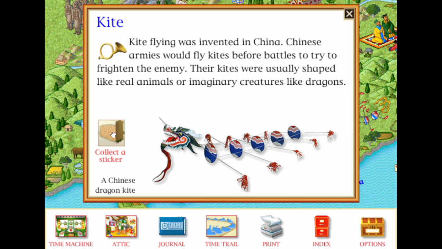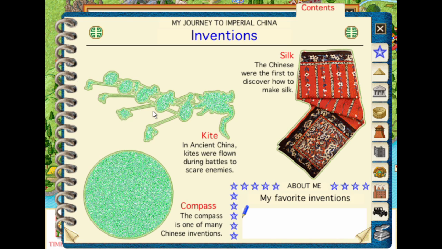Kite. Kite flying was invented in China. Chinese kites were shaped like...